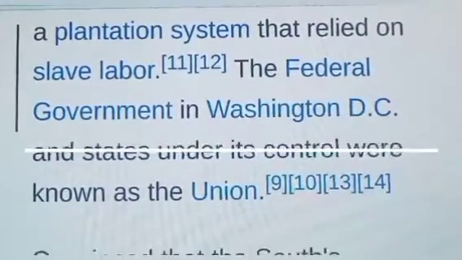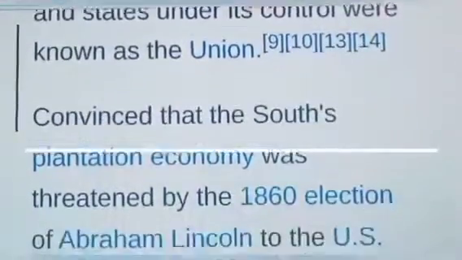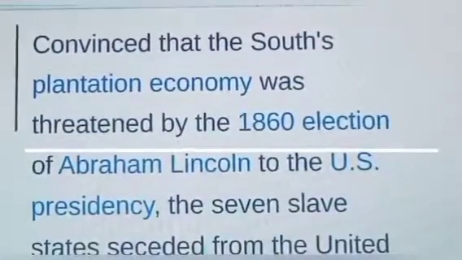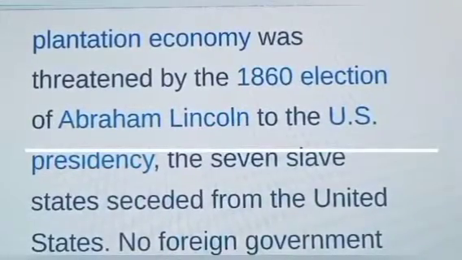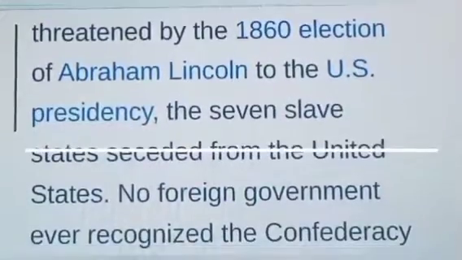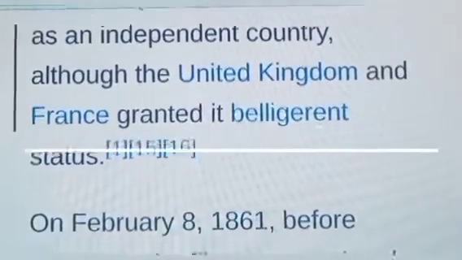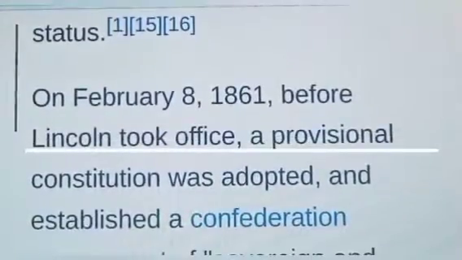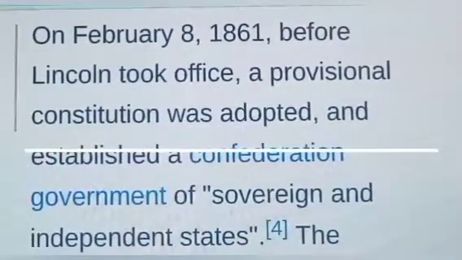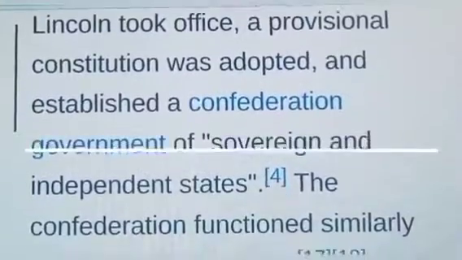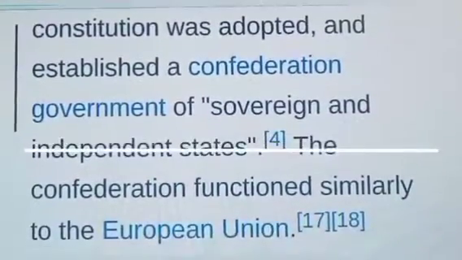The federal government in Washington, D.C., and states under its control were known as the Union. Convinced that the South's plantation economy was threatened by the 1860 election of Abraham Lincoln to the United States presidency, 7 slave states seceded from the United States. No foreign government ever recognized the Confederacy as an independent country, although the United Kingdom and France granted it belligerent status. On February 8, 1861, before Lincoln took office, a provisional constitution was adopted and established a confederation government of